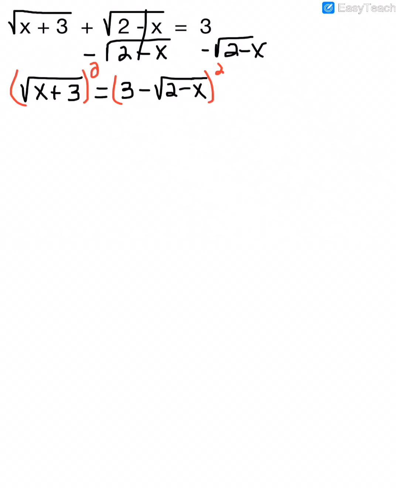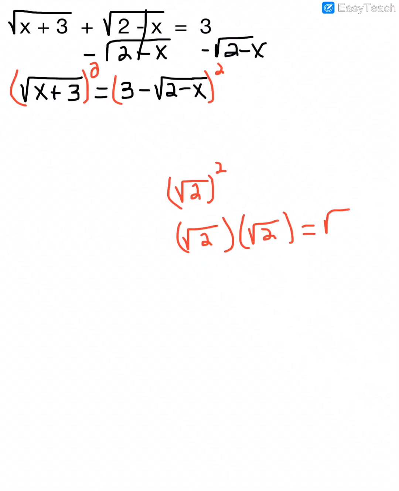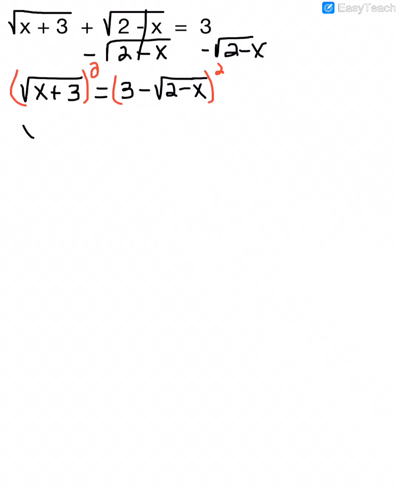That's because, for example, if I were to have the square root of 2 squared, that means the square root of 2 times itself, the square root of 2 times the square root of 2. Well, that would be the square root of 4, but what is the square root of 4? The square root of 4 is just 2. So we could just say the square root of 2 squared is 2. It just cancels out the radical. We can skip all those steps and just know that when we multiply a radical times itself, it's going to cancel out the radical. So now since we squared that radical, we just have x plus 3